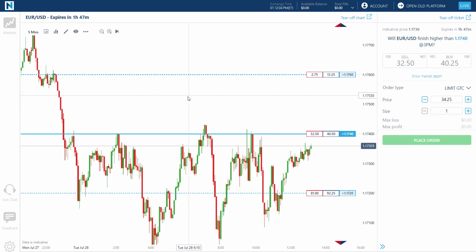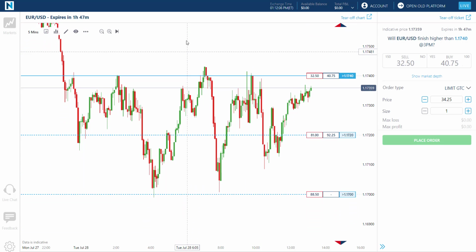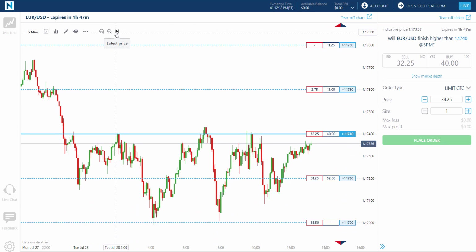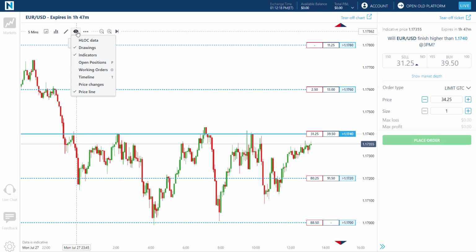You can move the chart up and down by clicking and dragging on the center of the chart. The latest price play button at the top will recenter the chart around the most recent price. The show icon allows you to choose what you'd like displayed on the chart, including indicators, drawings, open positions, and